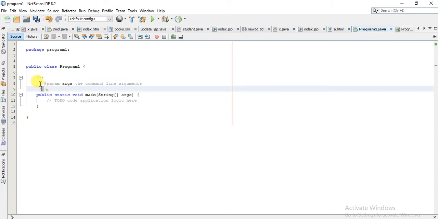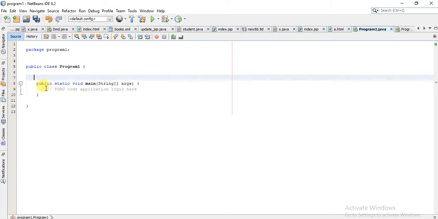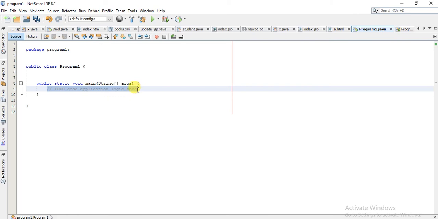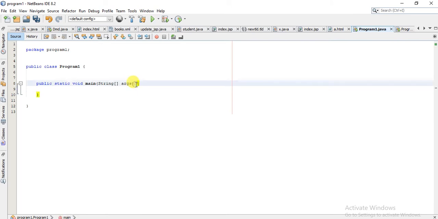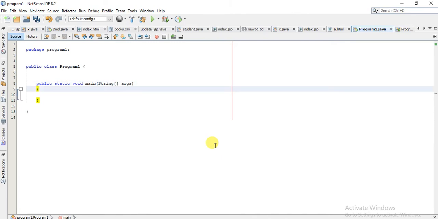I have also told you that in Java we cannot save a Java program with any random name. A Java program must be saved with the name of the class which contains the main method.